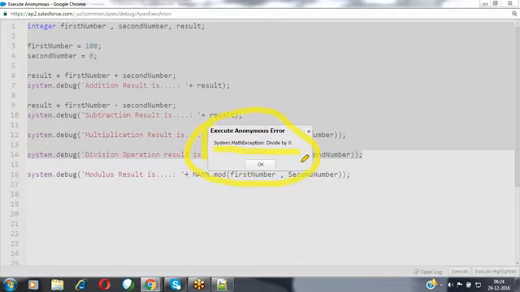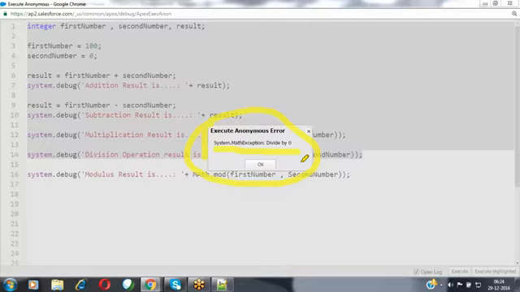If something is divided by 0, what is it? Infinity. Infinity is not any integer value. We don't have any specific data type to define that. What type of value it is, we don't know. So in Apex programming, it is going to raise an exception.